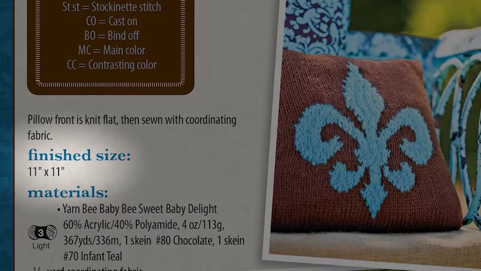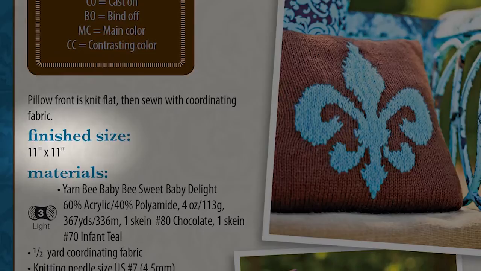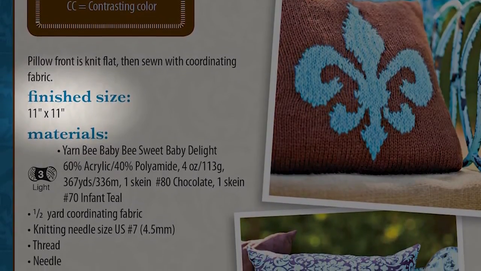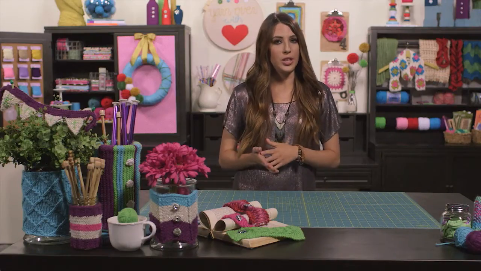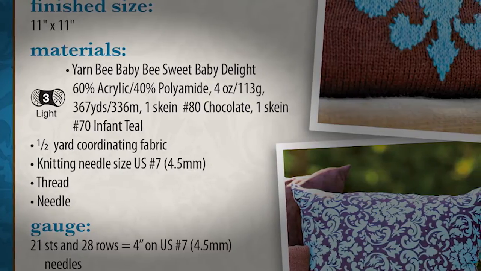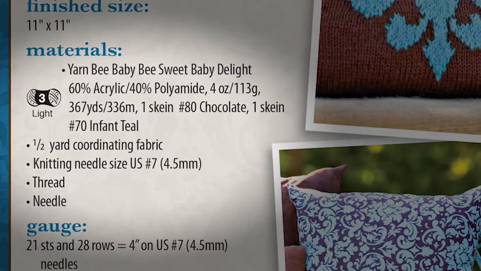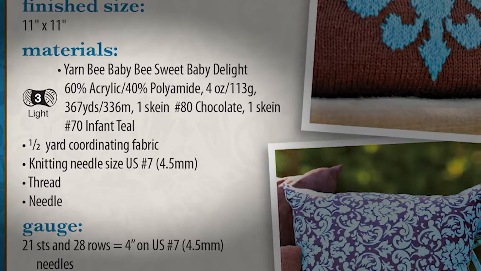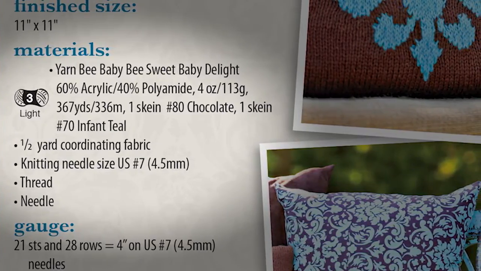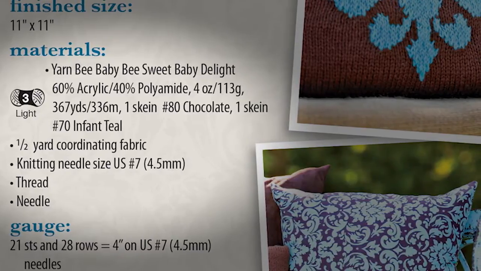Next, you might see a finished size or measurement section. This section indicates the finished size that your knitted piece should be. So it's a great way to make sure that you're on the right track whenever you're knitting. Next, you might see a section called materials or supplies. This will tell you everything you need to have in order to complete that project, such as the type and amount of yarn you need, what size needles they suggest using, and any additional items that may be required to finish your piece, like a pair of finishing needles perhaps.